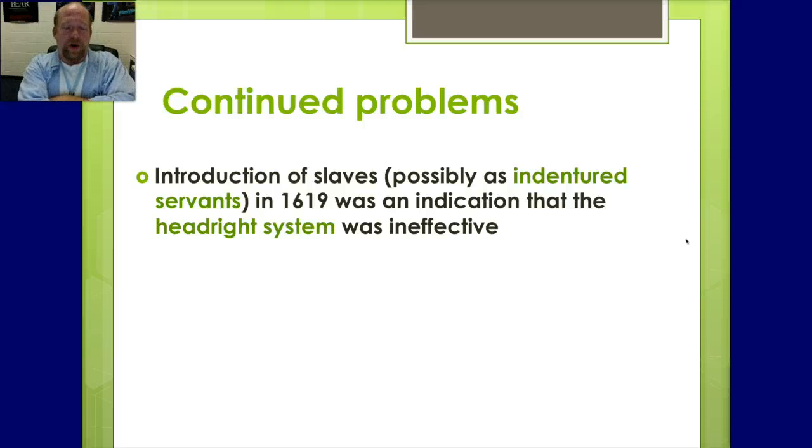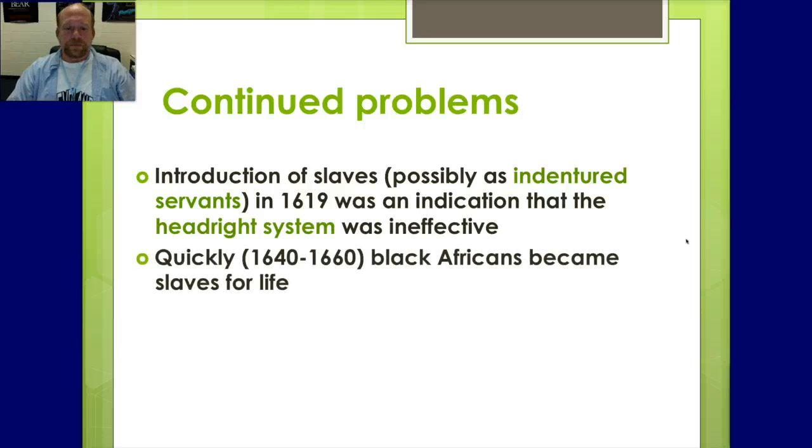Some problems, however: indentured servants were introduced here. Indentured servants means if you had a debt to pay off, you were indebted to a lord for a while to pay off your debt. Yeah, that was kind of showing that the headright system was kind of ineffective, because these debtors were coming to pay off their debt and got land as a result. So there was a competition in philosophies between indentured servitude and the headright system.